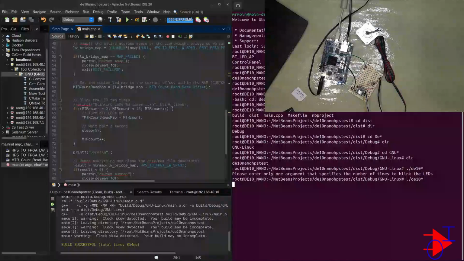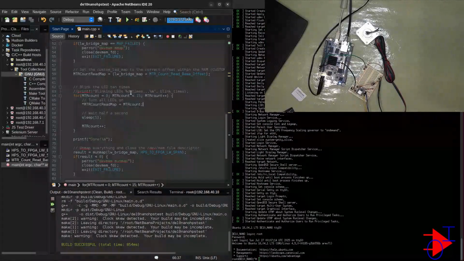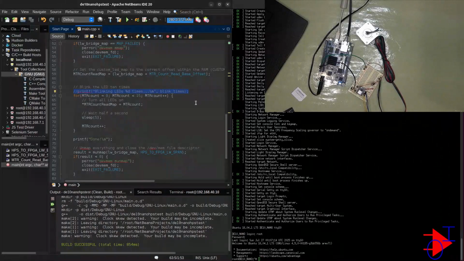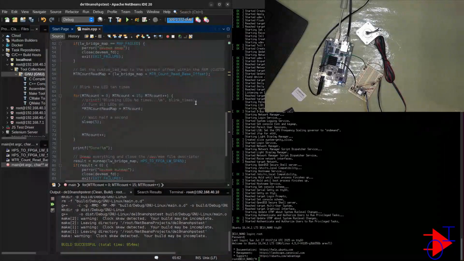Back to our code. And because it's not putting out any output, we don't know where it's at. So we want to put out an output. And at the beginning,